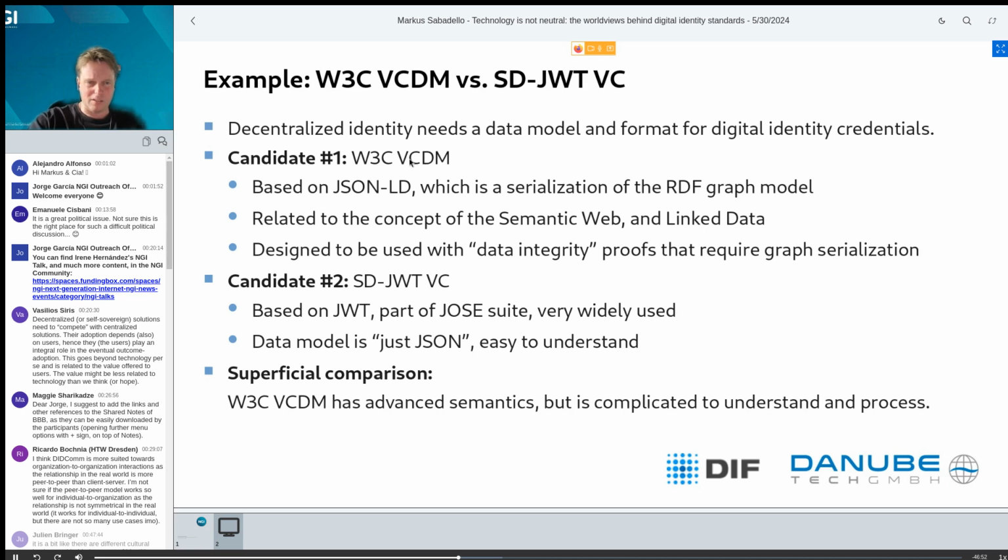First of all, the W3C verifiable credential data model is based on something called JSON-LD, which as an underlying data model assumes a graph of data, right? So it's not like a relational database, and it's not a simple structure like key-value pairs. On the low level of this technology, there's a graph of triples and quads with subjects and predicates and objects, and that's then serialized in a JSON format known as JSON-LD. And behind that, the roots of that technology go back all the way to the semantic web, linked data, which is